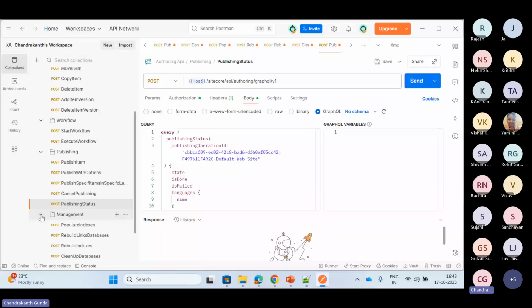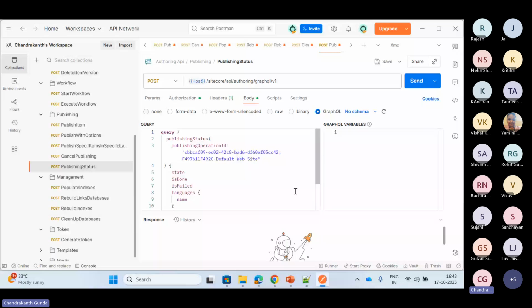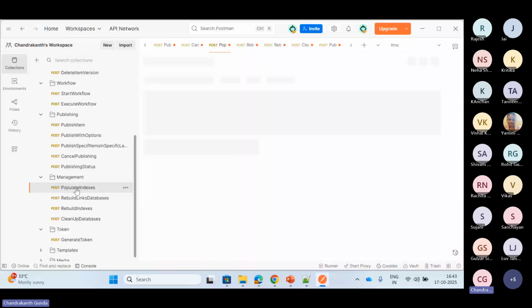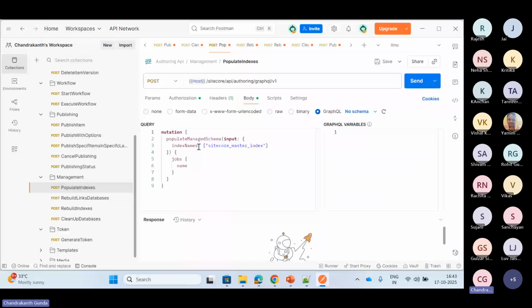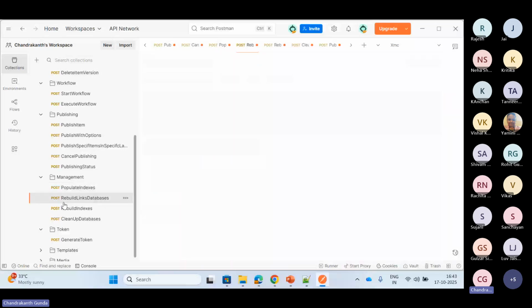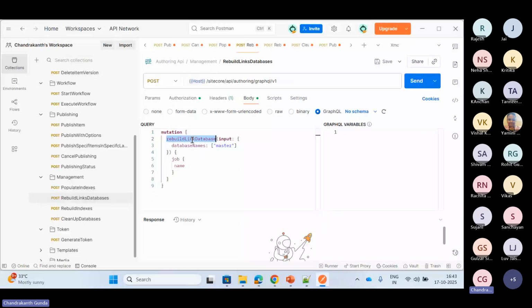This is about the publishing related mutations, and we also have certain management related mutations. If I want to populate Solr indexes, rebuild the links database, rebuild indexes or clean up databases, we have different mutations available there as well, like populate managed schema. If I want to populate from an external system, that can be done. If I want to rebuild the links database,